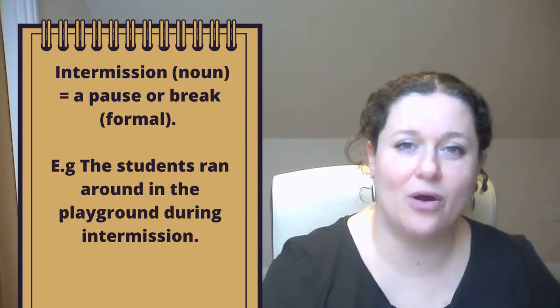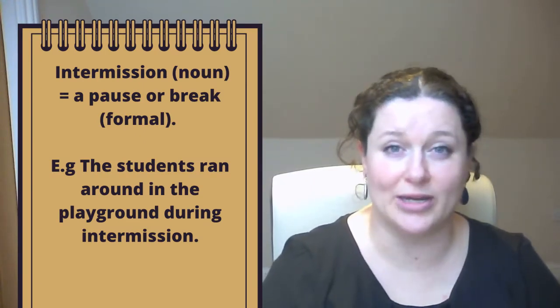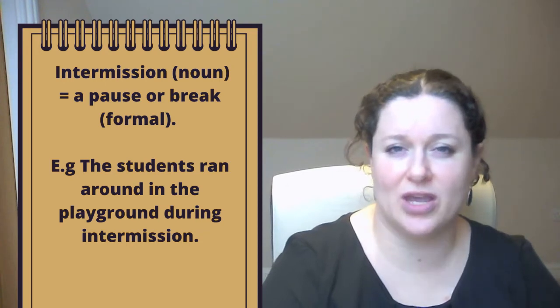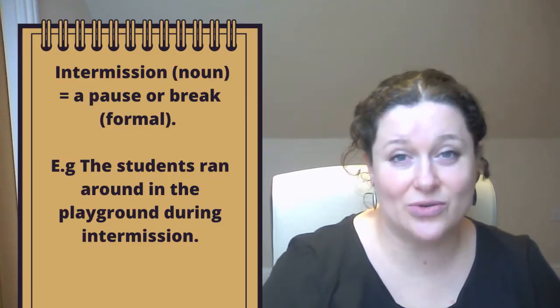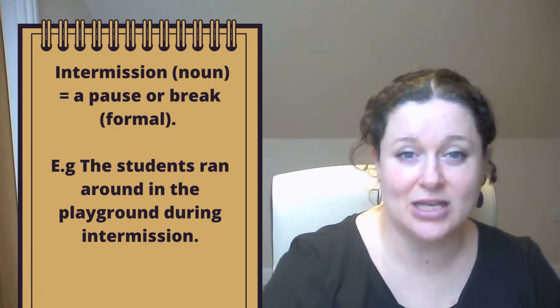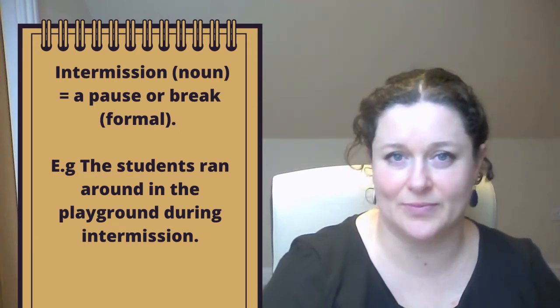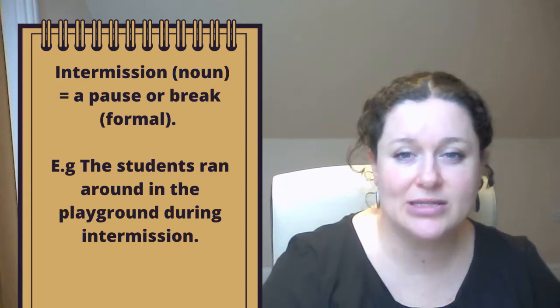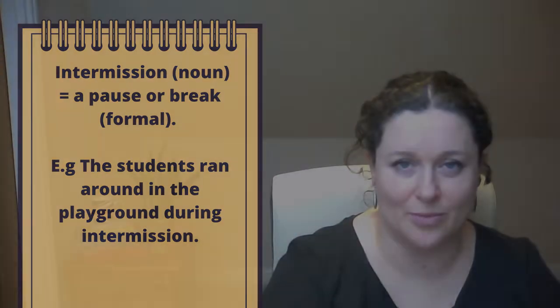Let's jump into looking at the words that will come up in the story. So the first one we'll look at is the word intermission, which means a pause or a break, and it's a really formal word. So we often use it for the theatre or classical music concerts or opera, formal situations. For example, we went to the bar for a quick drink when the play had an intermission after the first act. It is also used for educational settings to show that there's a break from lessons. For example, the students run around in the playground during intermission.